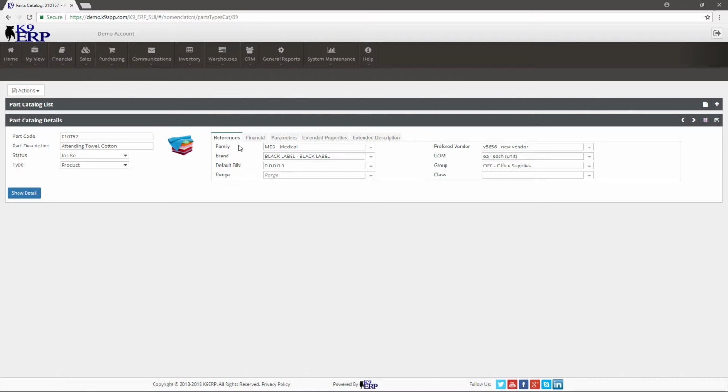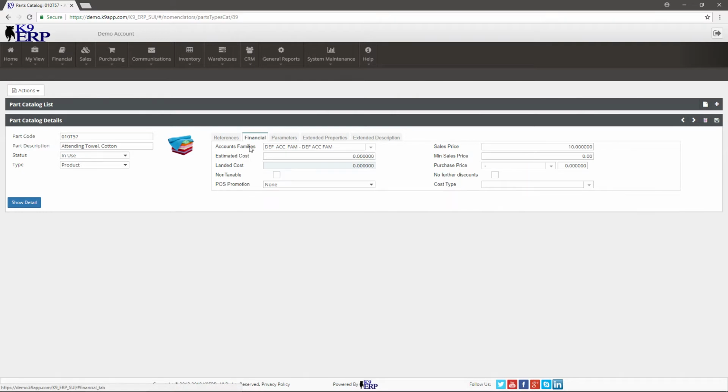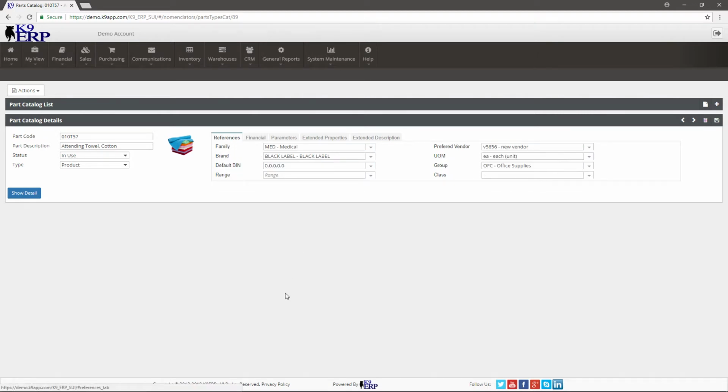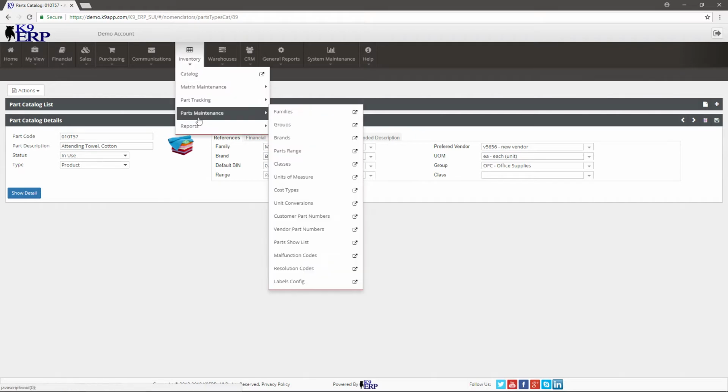Now, don't confuse this with the accounts family in the financial tab. This is an accounting function, and again, while it's very important, it doesn't have the same functionality as this family over here. So where we create this family is under inventory, parts maintenance,